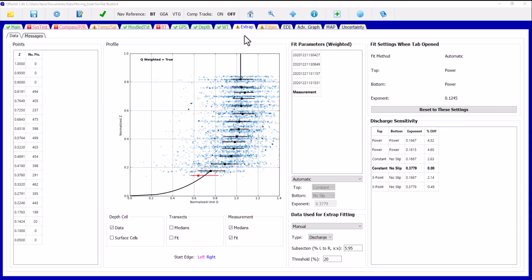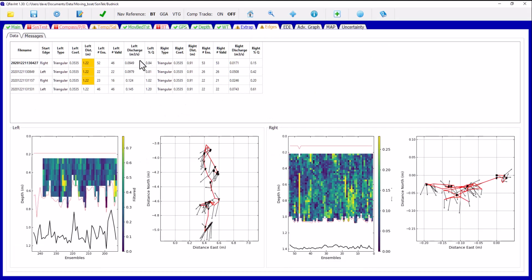Now that we've finished selecting our extrapolation, let's look at the Edges tab. Perhaps the first thing you notice is that the left distance has some caution colors in the various transects. If we hold our cursor on that cell, we see that we have excessive boat movement. So before we look at the rest of the Edges tab, let's look at the quality checks that are applied